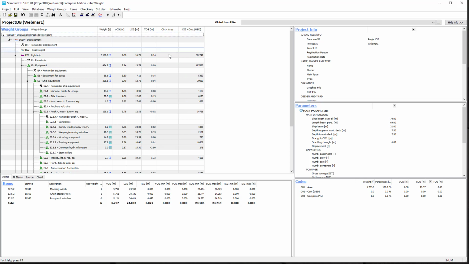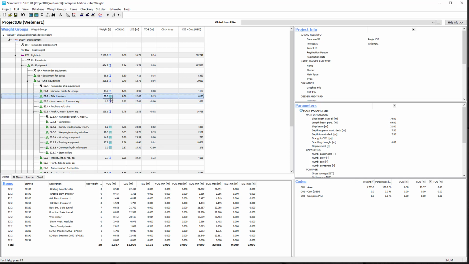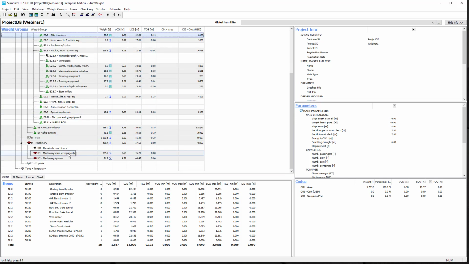Then I get my area here, and for these weight groups where there is a summary of details of items, where individual items can have different areas, it doesn't make sense to attach any area. But if you see down here, we have some values for machinery which have been parametrically estimated, and these are weight group values and not item values. And